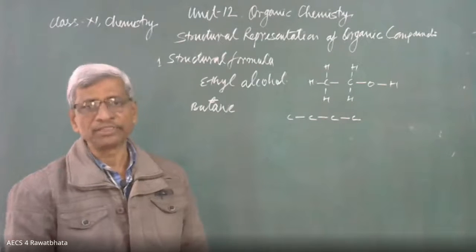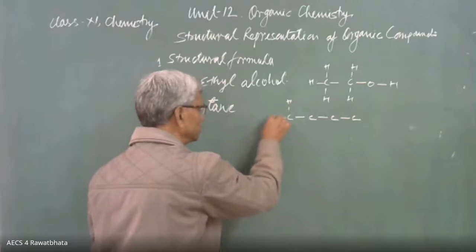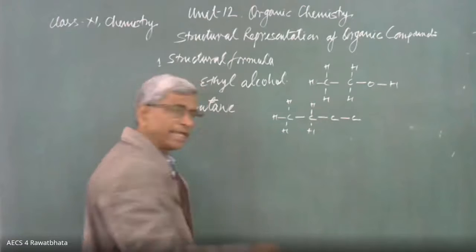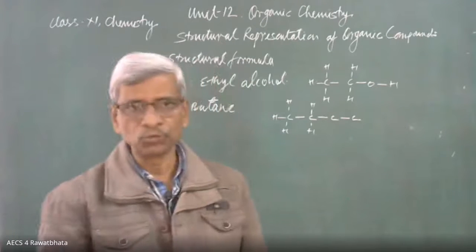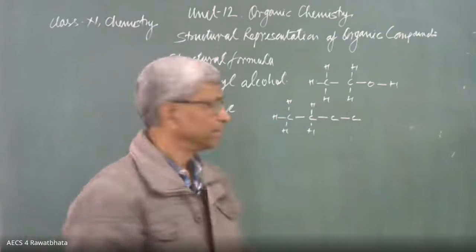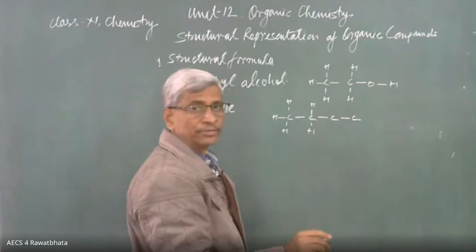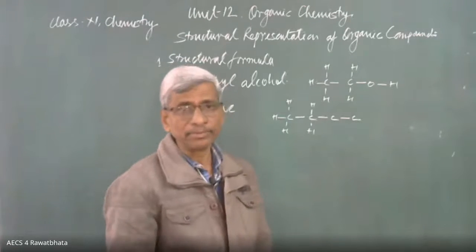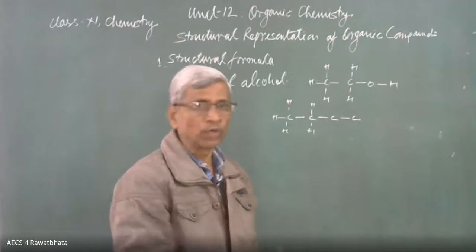This is one way, the structural formula, where bonds are shown, carbon-hydrogen, and in this way you will be able to find how many hydrogens should be attached to the particular carbon. So here it is like this. There should be 4 bonds around the carbon, whether it has oxygen or any element, whether it has a double bond or single bond. Total bonds should be 4, not more or less.